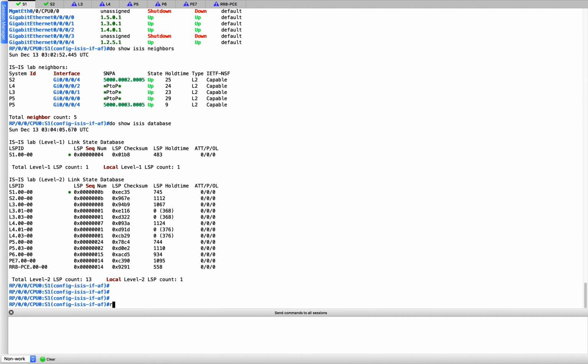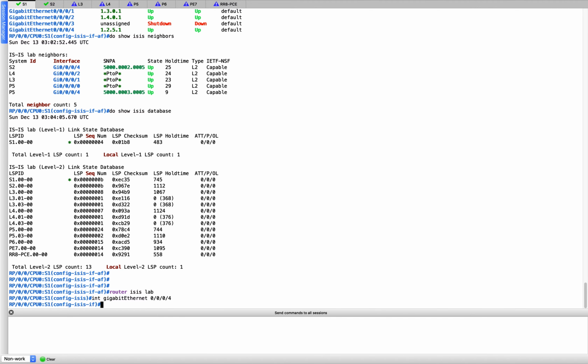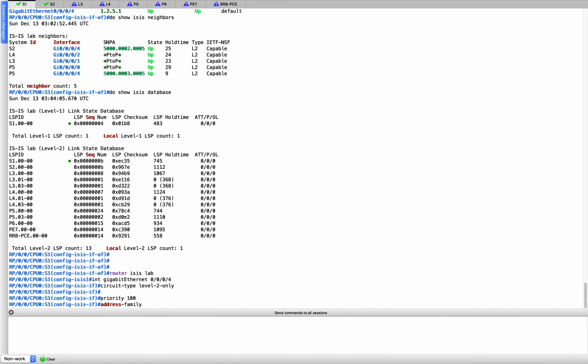So we'll go inside router ISIS, go inside lab, and we'll have to go to the segment we are talking about, the interface GigabitEthernet 0/0/0/4. We will have to go to the circuit level 2, obviously. Let's keep all of that as is, will not change it. Only, yeah, this is the place where you can put the priority. So I'm going to put a priority of say 100 for this guy,